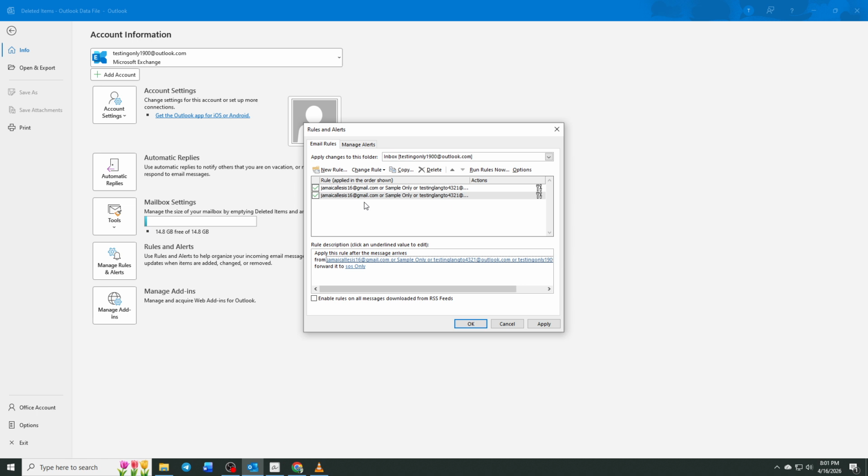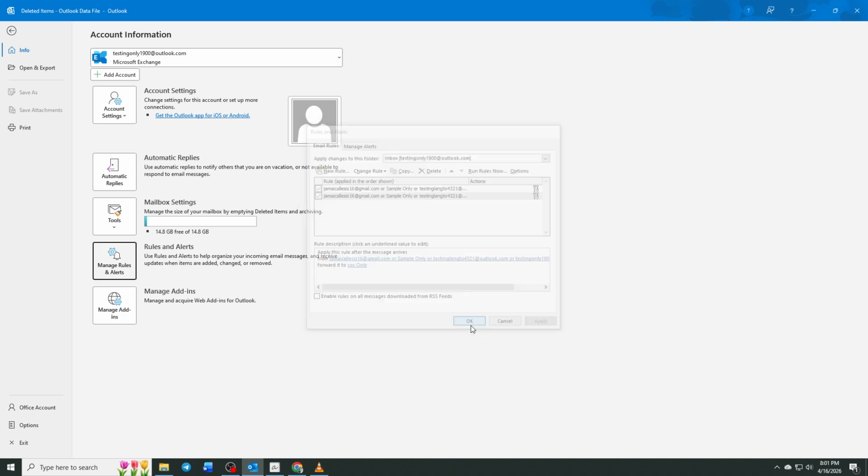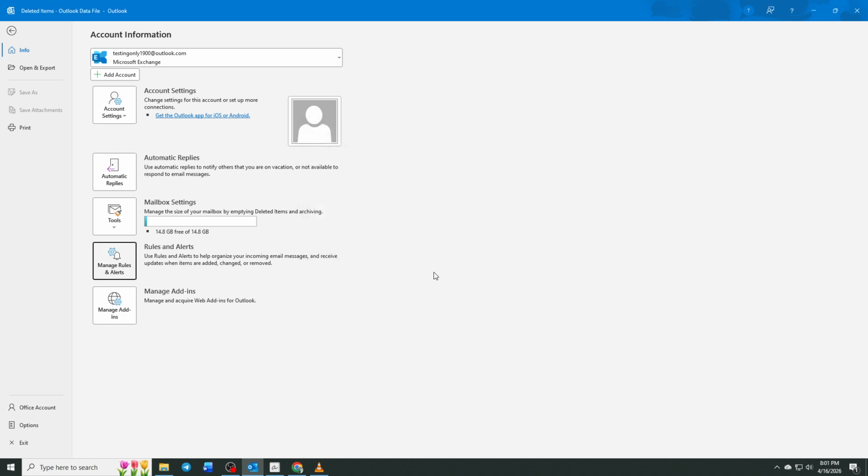At this stage, take a moment to review each rule carefully and confirm that they are enabled. If any rule appears unchecked, simply select the checkbox next to it to activate it. When you are satisfied that everything is correctly set up, click Apply, and then select OK to finalize and save your changes. Your imported rules will now become active and will automatically begin organizing incoming emails based on the conditions